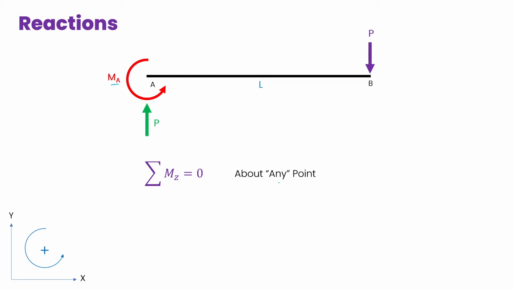Now, just to reiterate my point, this Mz could be about any point, and we'll see about that. In this case, let's start off with a point, say at about A. So this structure should not be moving essentially about either this point, this point, this point, or any point on this entire plane. Let's solve for it. Again, with the Mz solution, we can see that the anti-clockwise moments are going to be positive. Let's move from left to right.